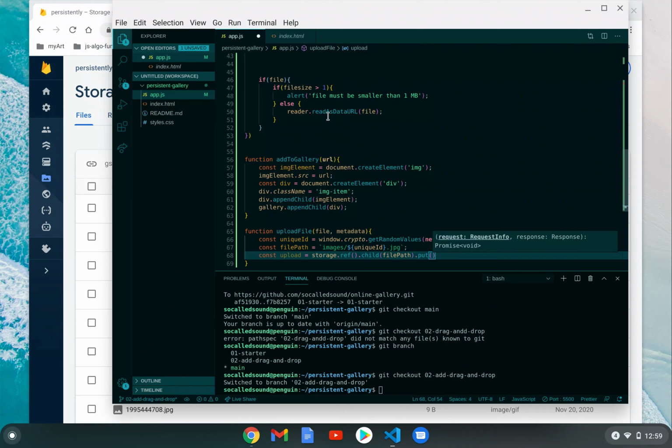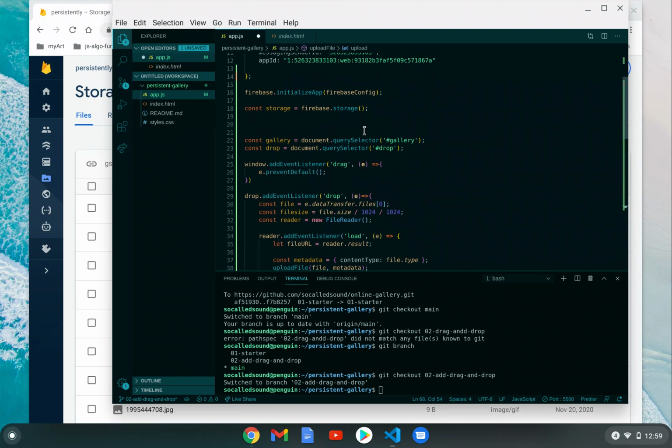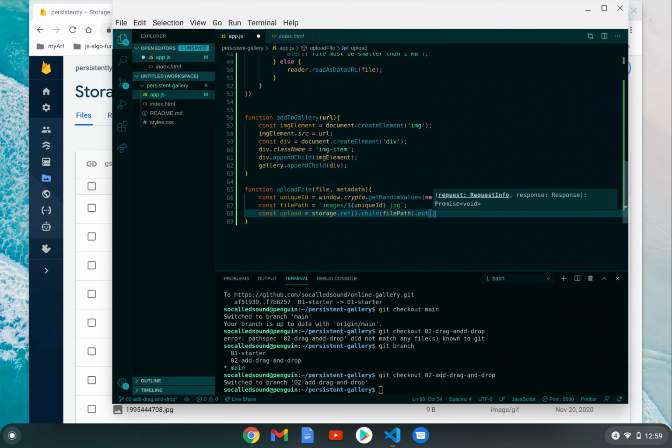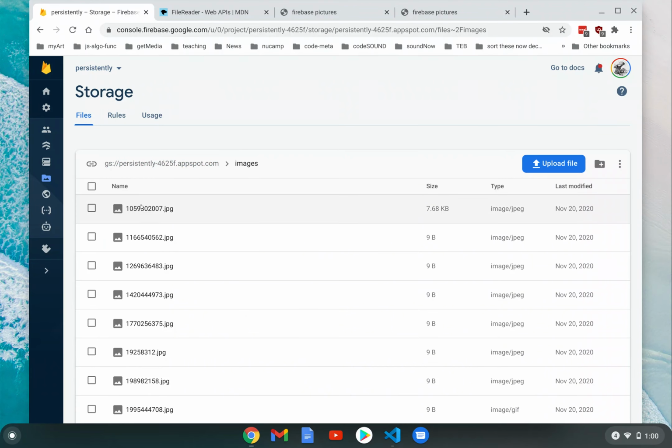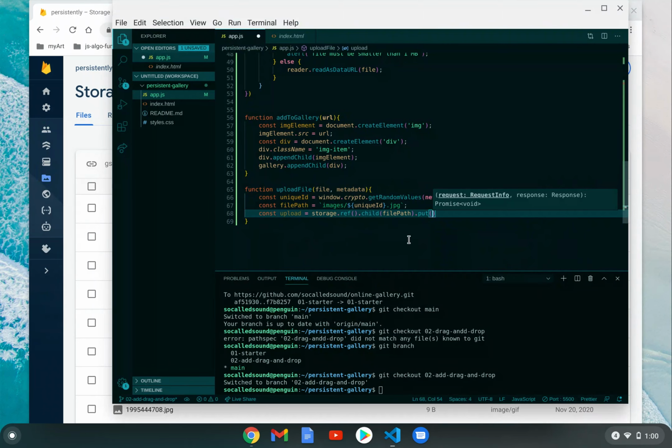So storage was this value up here we created, which refers to Firebase storage. So we're saying at that storage ref, put a child with the name of this file path here, and so each one of these is a child of that storage ref,